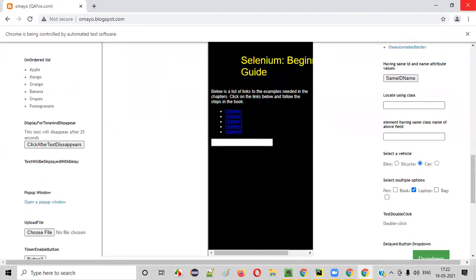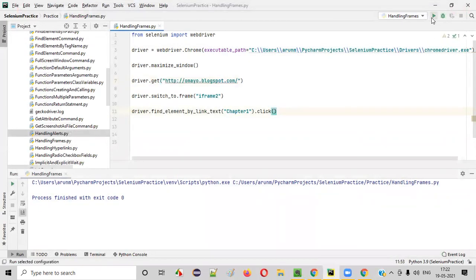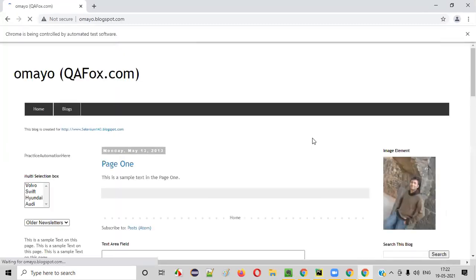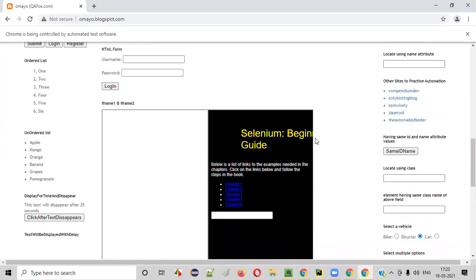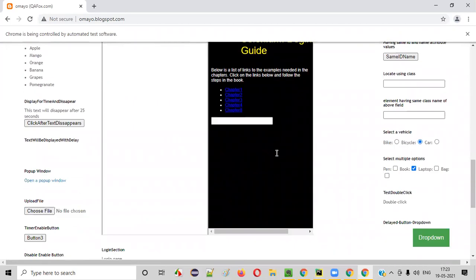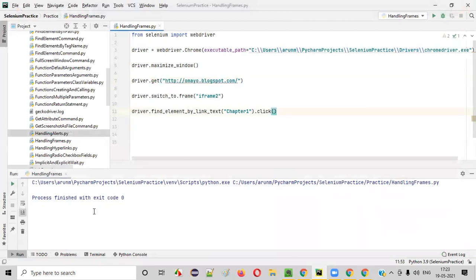Did it click? No, right? Let me run it again. There may be some mistake or something. Let me run it again. Okay, it's not clicking, guys. There is still some problem. What is that problem? But no issue is coming here. After you switch to iframe2, is that correct?